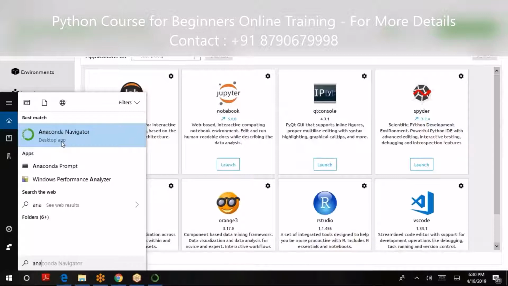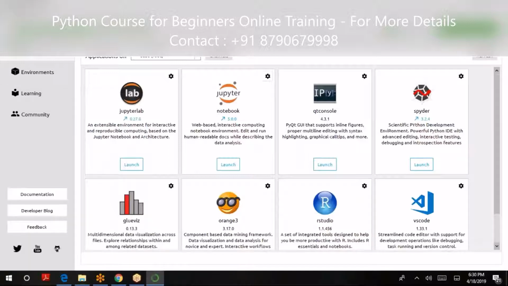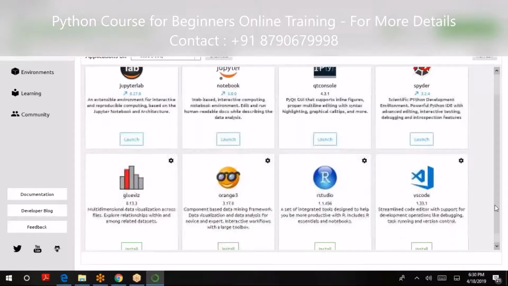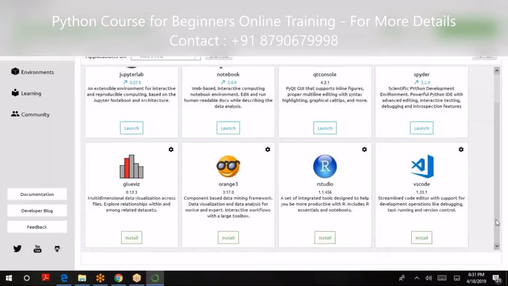Maybe on the cloud, if we go for the recent version of Anaconda, we will download it from the Anaconda cloud. It will be present on your computer, and in your search system you can look for Anaconda Navigator. Once you double click on it, it will open up this particular environment, where there is JupyterLab, Notebook, Jupyter, then Spyder. Qt Console is the GUI. You can have your graphical user interface written over here. And then a lot of things.